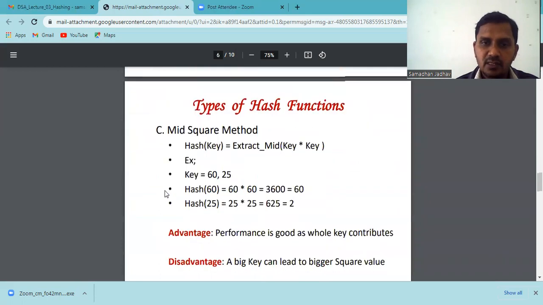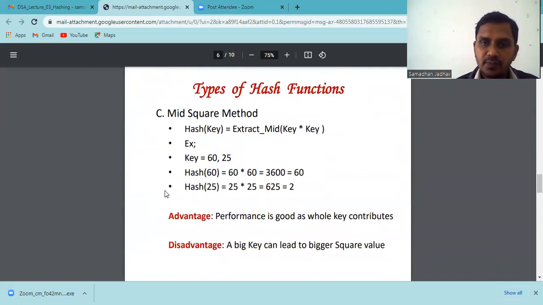Now we'll see the mid square method. The mid square method is again a very simple method where we just have to square the key value and then extract its middle digits. So for example, consider the key is 60. Just square the 60 to find the hash key of 60. So 60 into 60 is 3600. So what is the middle digit? It's 60. Okay. Now if we want to find the hash key for 25, 25 into 25 is 625,